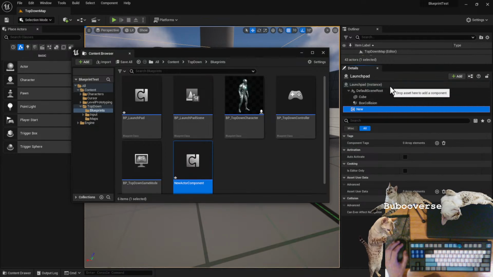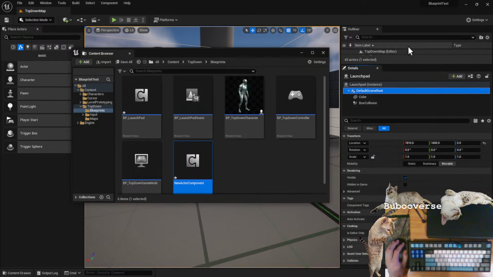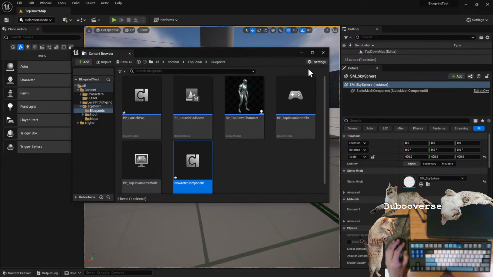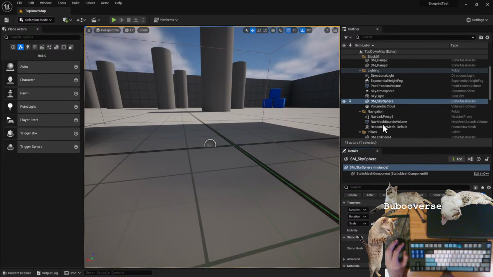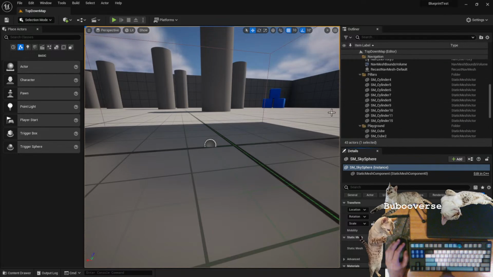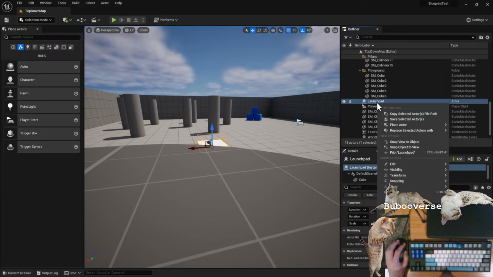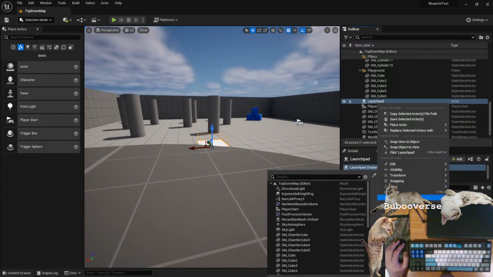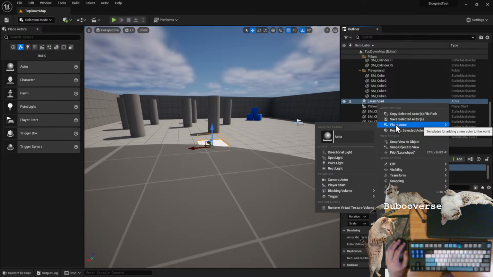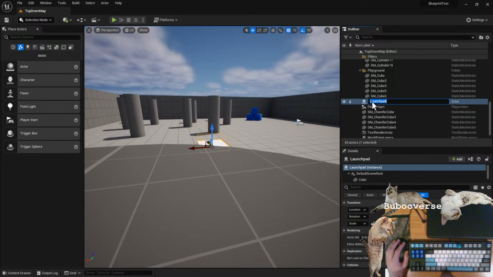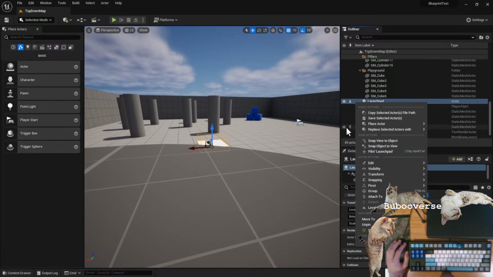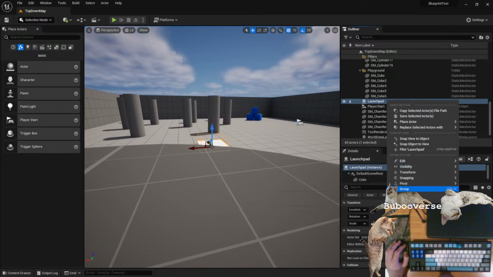Maybe it's because I'm adding a component to this object, but really what I should be doing is on this launchpad, edit, attach to, okay. I like this attached to. That kind of seems like the right